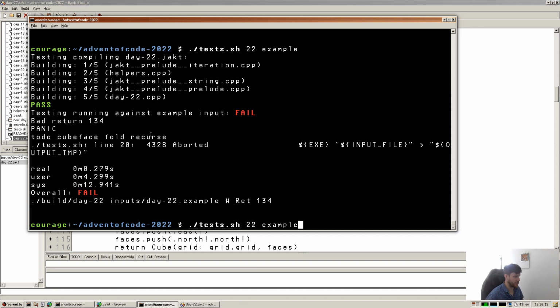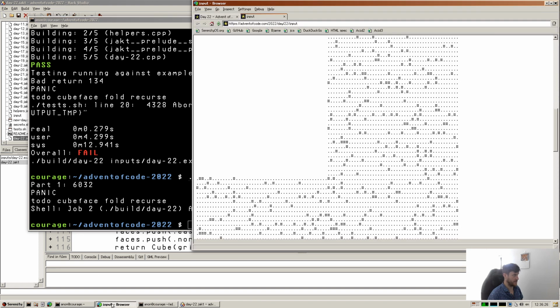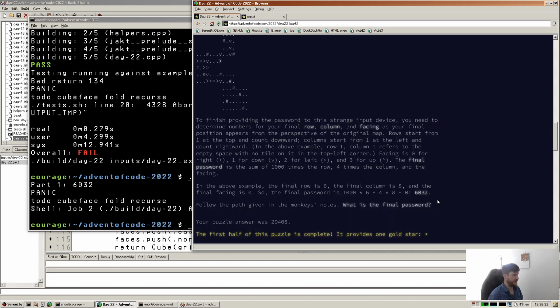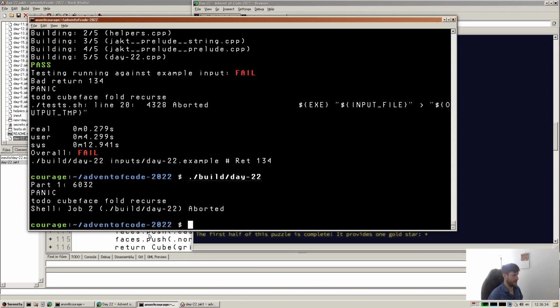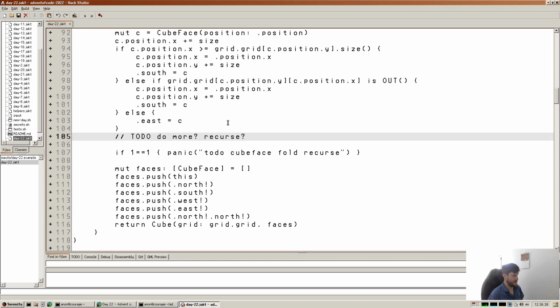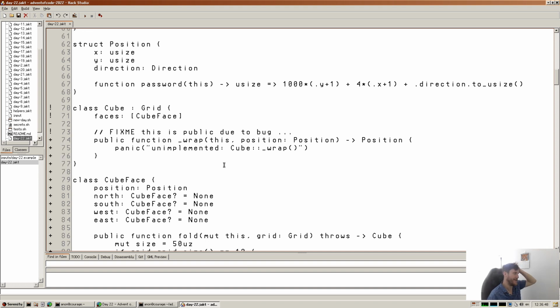and it should still be getting the part 1, which, gosh, is that the right answer? Part 1 was 6032. Yep, looks good. So yeah, I think that's good, and in the next episode, I guess, I'll go through and actually fully fold this thing. Now that we've got all the boilerplate set up, it will actually go to this, and once